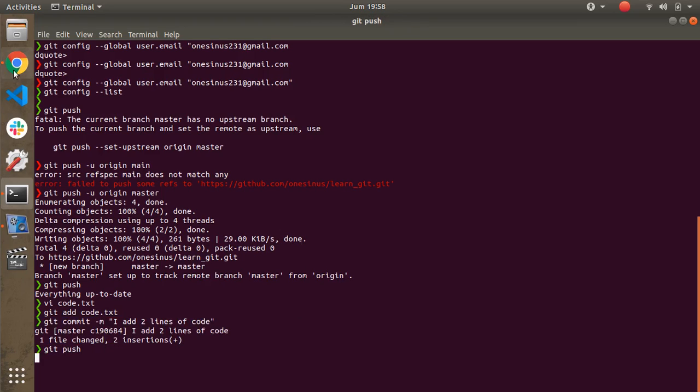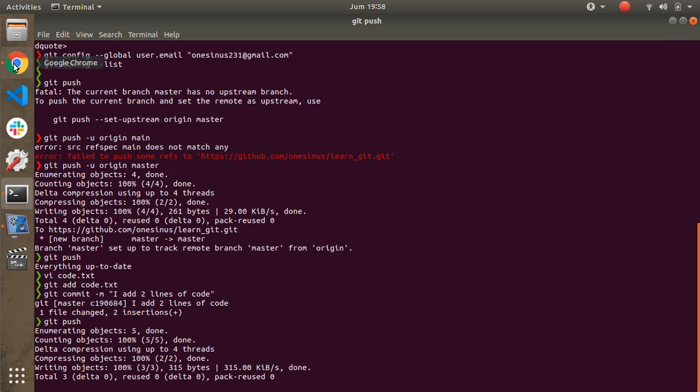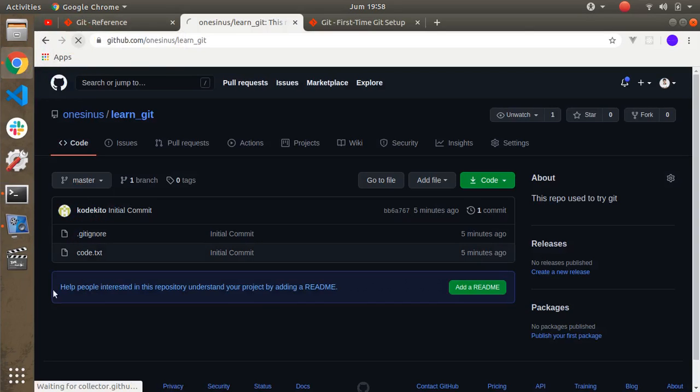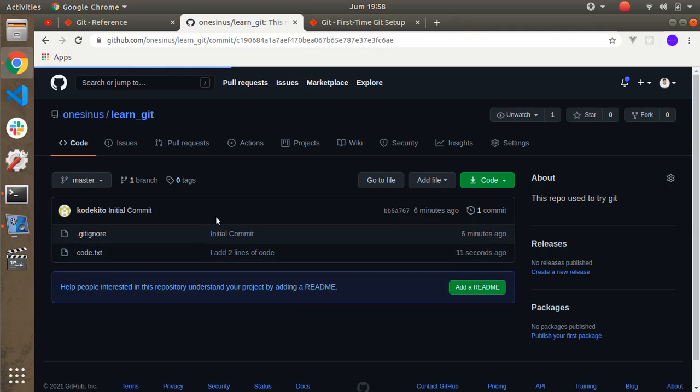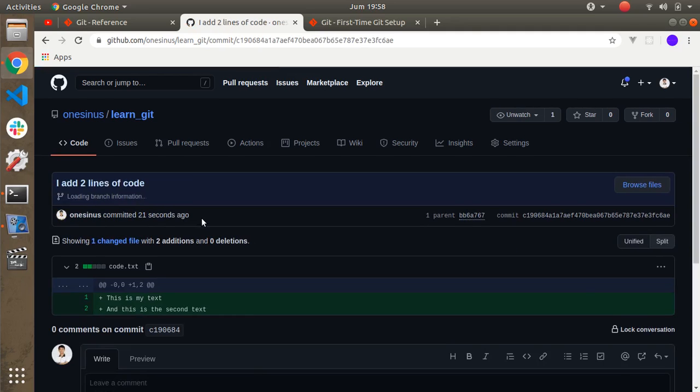Let's see what will happen here. I will refresh this repository, and you will see there is a commit here, add 2 lines of code, and you can see the change here.